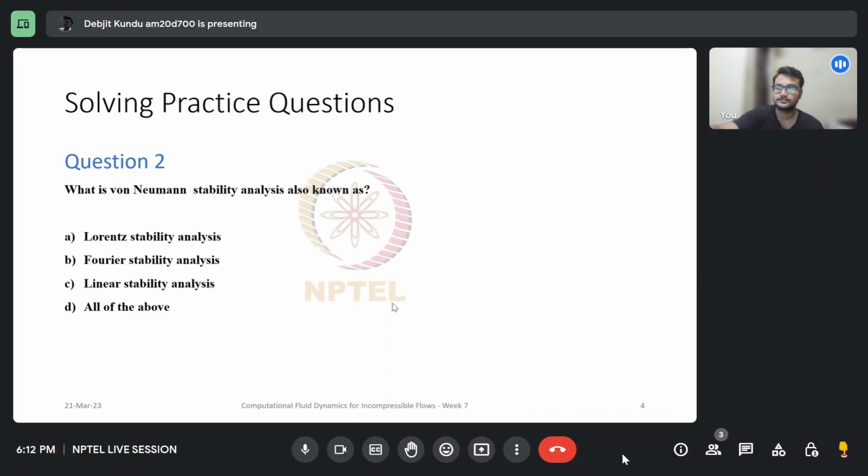Let's have a look at the solution. The solution is option B, Fourier stability analysis, and there is a reason behind it. That is because what is it that we do in von Neumann stability analysis? So what we do is we consider an error term, which is the difference between the actual solution and the